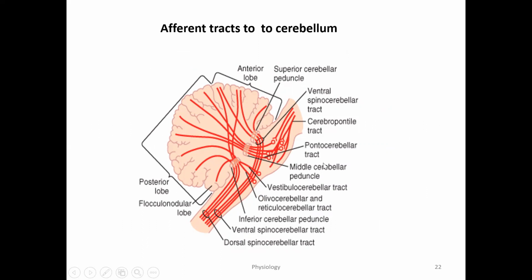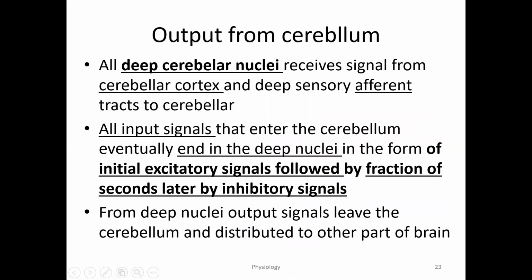Then you can have midbrain. Then all that is cortex also. Then the vestibular group of nuclei also toward the flocculonodular lobe. So this is about the input. That is, input is from above the cerebellum, that is midbrain, pons, thalamus, cortex, then motor cortex, and input also from the spinal cord. Now, output from the cerebellum.